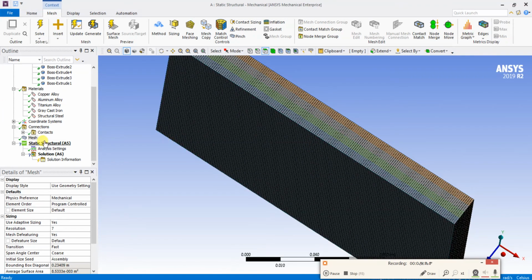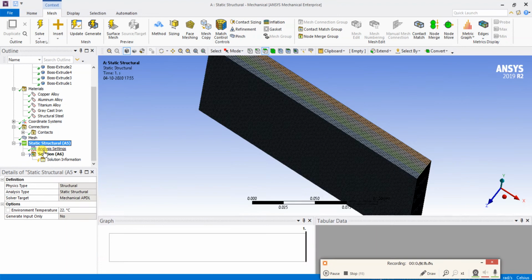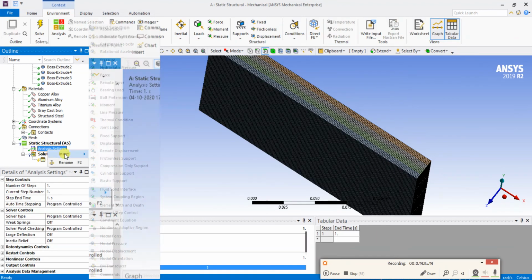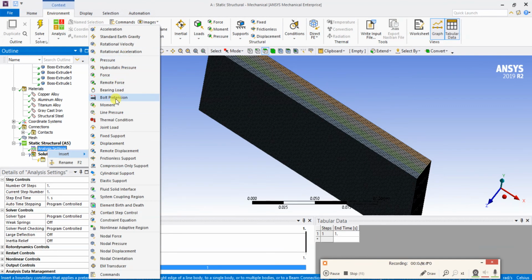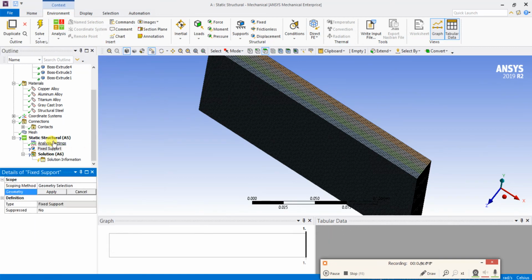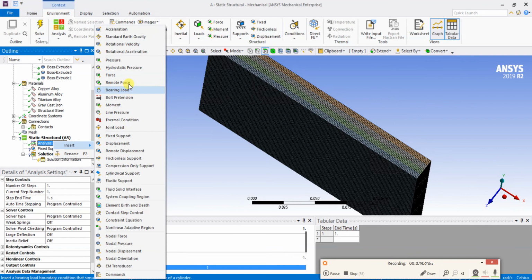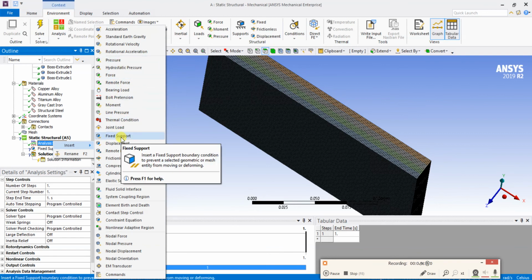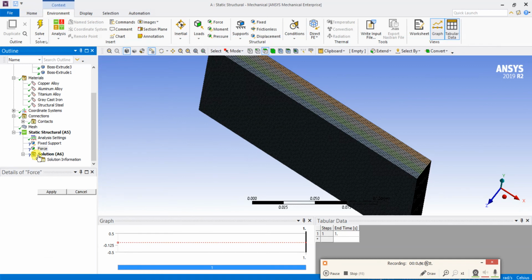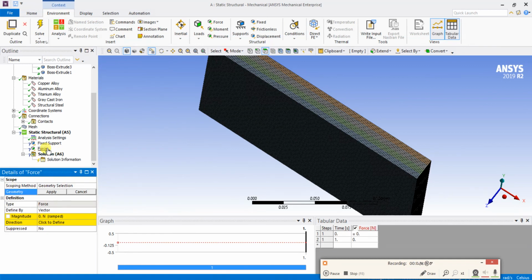I am going to apply conditions for the analysis. One end I am going to fix, and at another end I am going to give some load. Load, that is force in Newton.